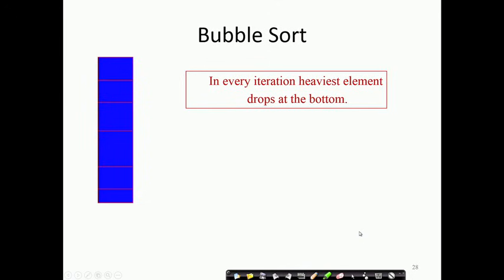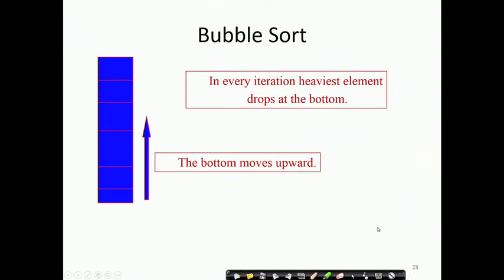So, we were discussing the bubble sort algorithm, and the approach, as was discussed in the last class, was that every iteration pushes the heavier element to the bottom, and the lighter elements therefore go up.